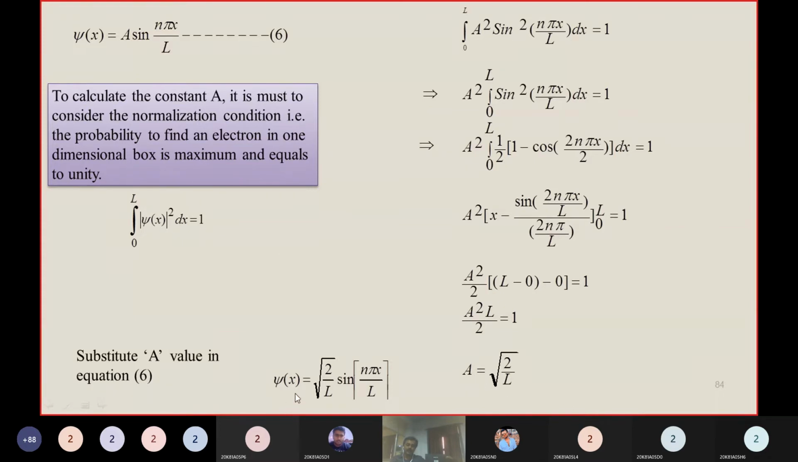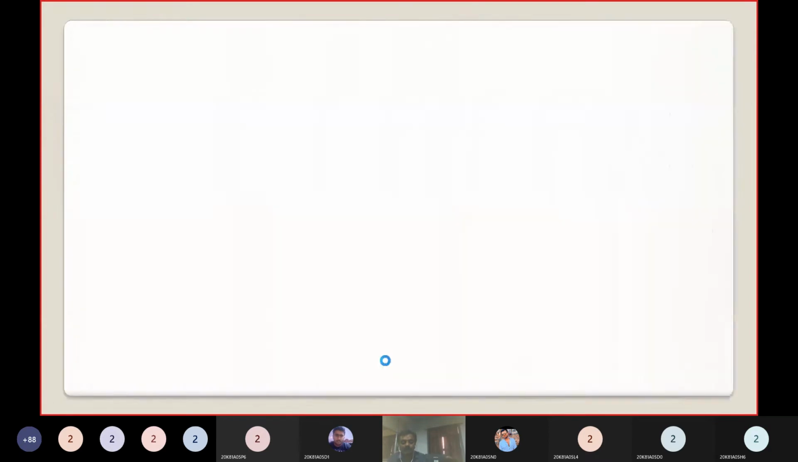So what we will get, psi of x is equal to under root of 2 by L into sine n pi x by L. This is the wave equation of the electron. According to that,